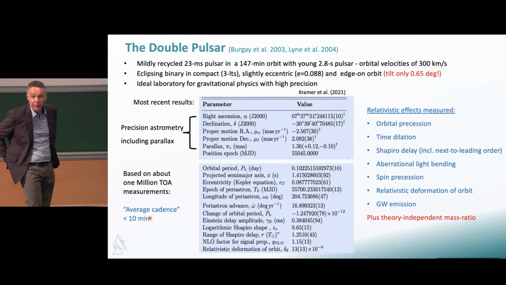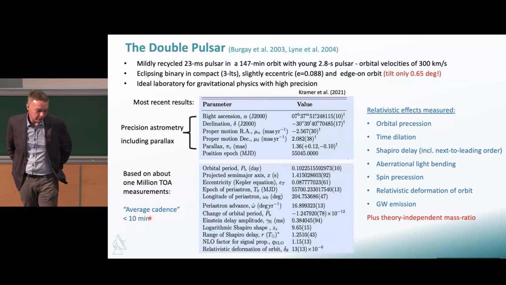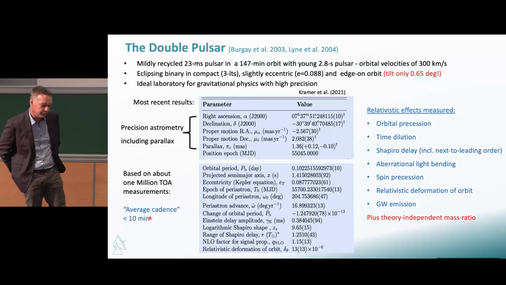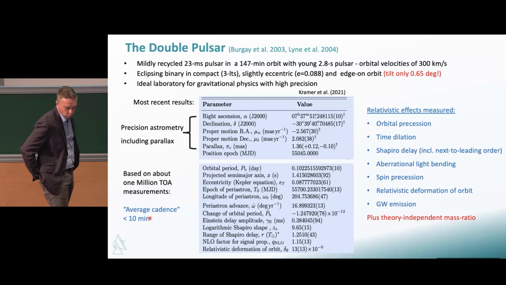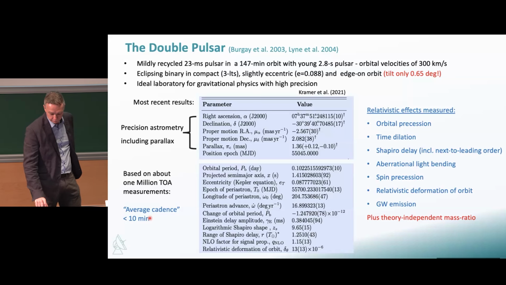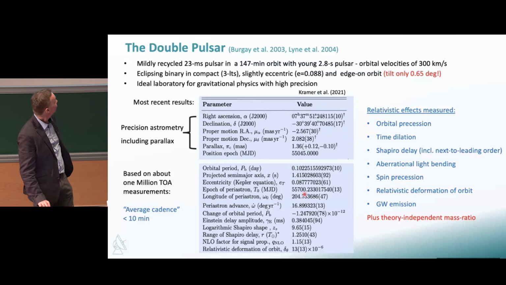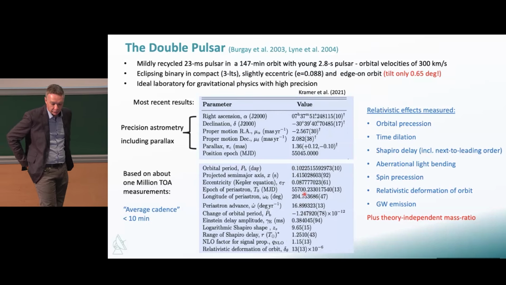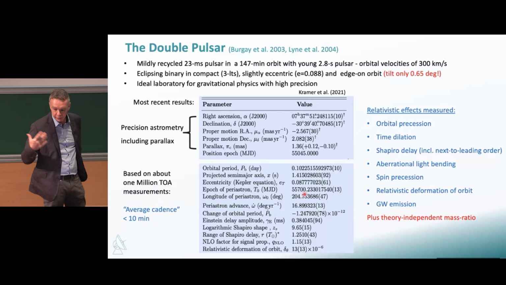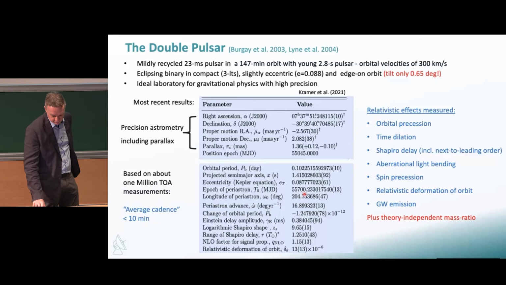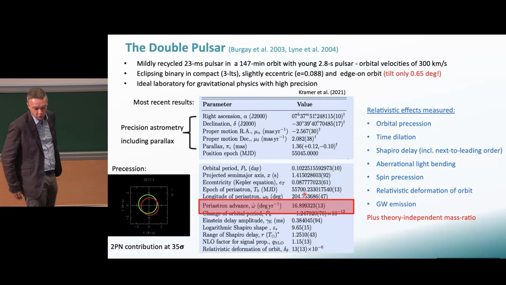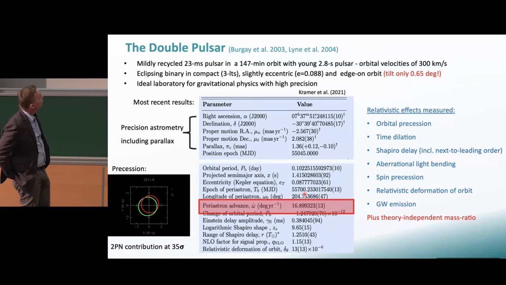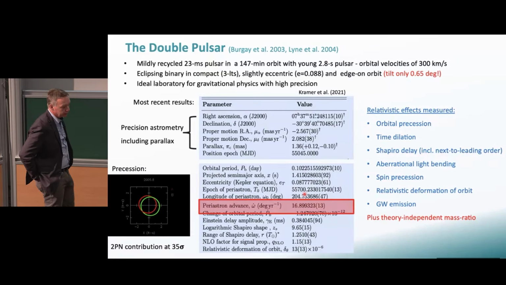We have done a lot of measurements. On average, we have an observation every 10 minutes that produced almost 1 million TOAs. And these TOA measurements produce very precise binary parameters, which then encode the gravity test that I will show you very briefly. I would like to point out already now that the most precise parameter that we have measured